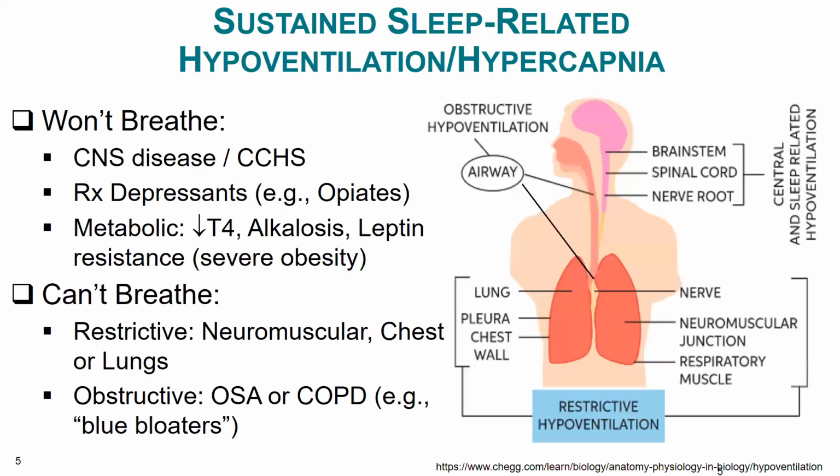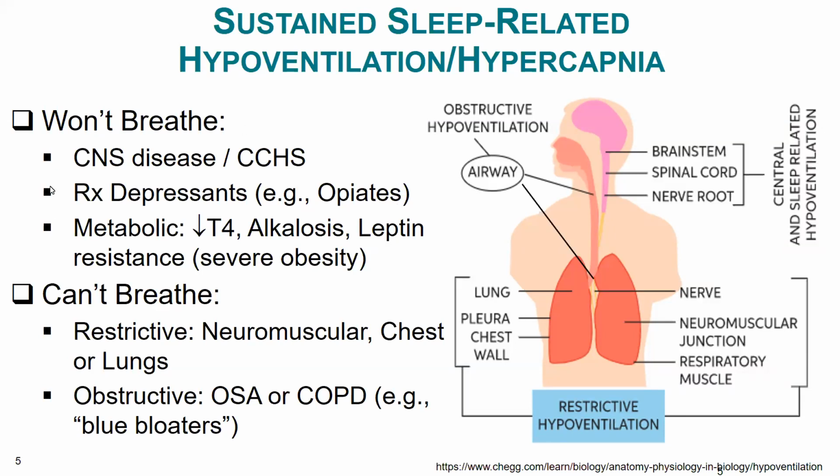First, in terms of pathogenesis, I do want to mention, although this is not the primary focus of our discussion today, the fact that there are two types of sleep-related central sleep apnea or respiratory depression. One is sustained sleep-related hypoventilation with hypercapnia, and that's a problem that really divides up into two basic buckets. One is won't breathe, and the other is can't breathe. The won't breathe category are those that have primarily